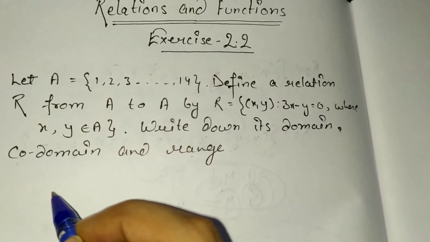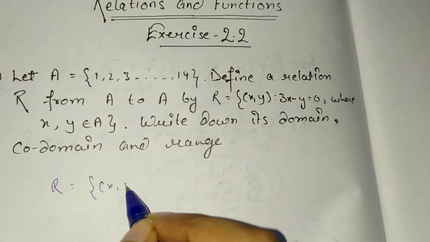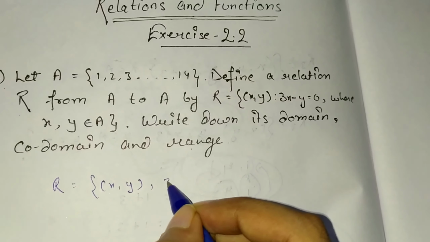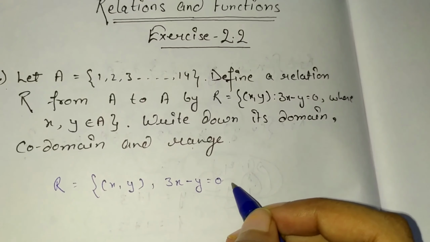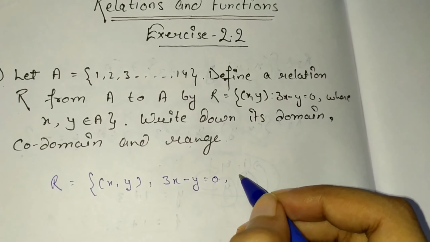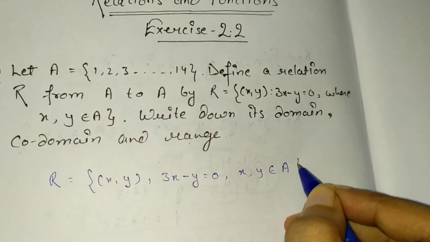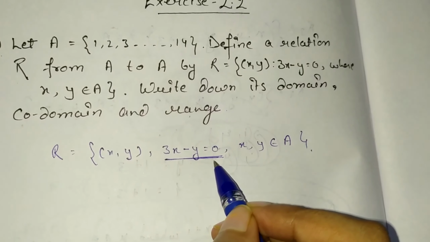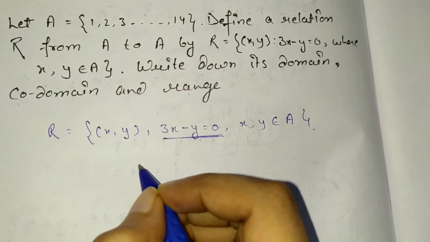In this question we have relation R having two values x and y, where the relation between x and y is 3x minus y is equal to 0, and x and y belong to set A. So let's solve this equation to get the values of x and y. So according to this